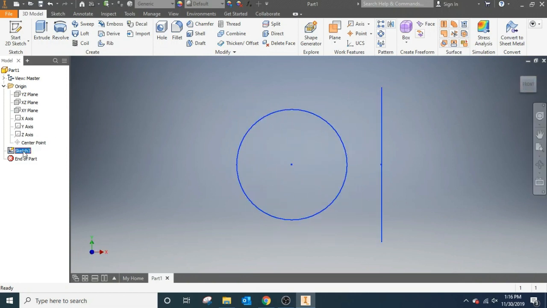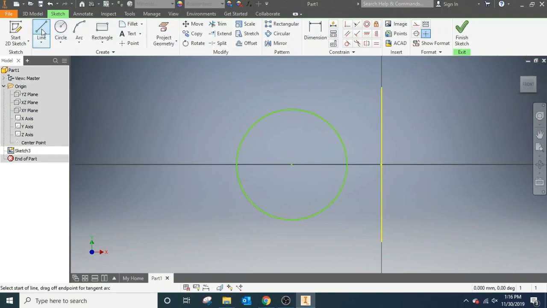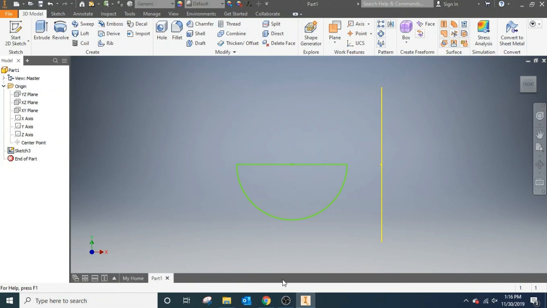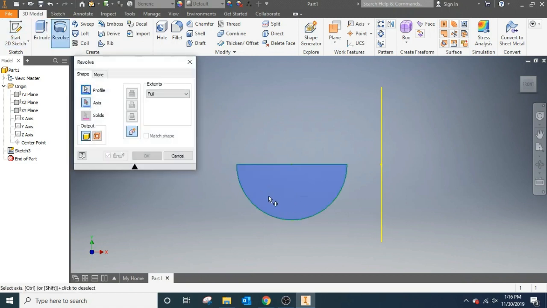So let's go back into the sketch. I make a line here that cuts across. And then we're going to trim this top half. Okay, finish. So now this is going to be our axis, which is the x-axis still. We're going to go back into the Revolve tool, select our profile, which is this half circle. Our axis is going to be the x-axis, and now it's the same as before,